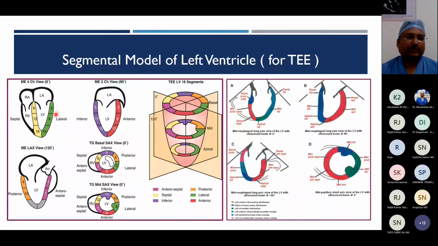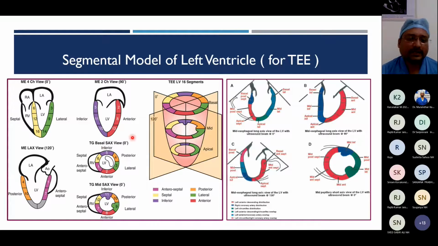When you see the four chamber view in transesophageal echo, the LV wall which is on your right side, right hand, is the lateral wall, while on the left hand it is the septal wall of the LV. In a two chamber view at 90 degrees, the LV wall which is on your right hand side is the anterior wall, and on the left hand side it is the posterior wall. While in the midesophageal long axis view, the wall which is on your right hand is the anteroseptal wall, and on the left hand it is